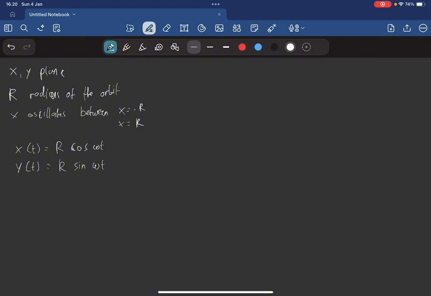Here the parameter omega is called the angular frequency. It is defined as the number of radians that the angle advances in unit time. It also has to do with how long it takes to go one full revolution. The period of motion, the same as we found before, is like this.